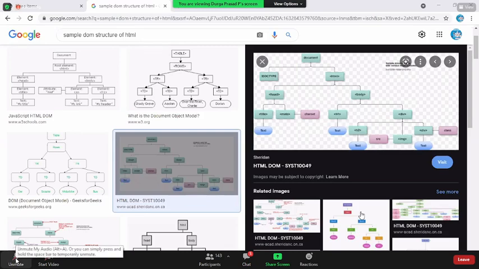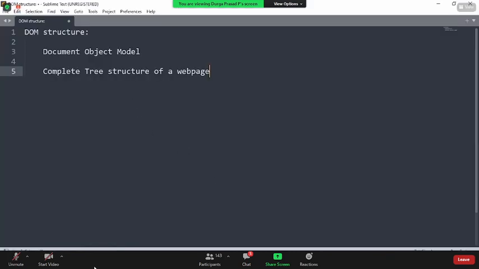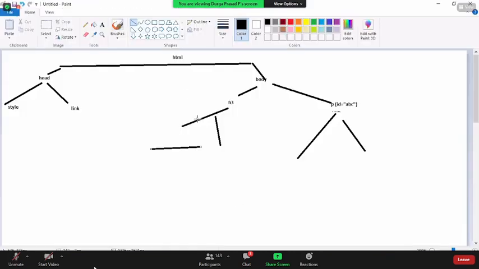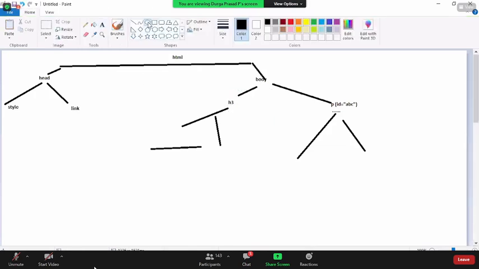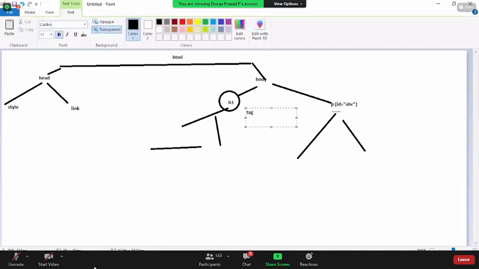What are we using? The tree structure will be different for different content, and we call it a DOM structure. So that is the reason anytime we are identifying an element, say for example H3, I can call this H3 a tag. I can call it an element. I can call it a DOM element.